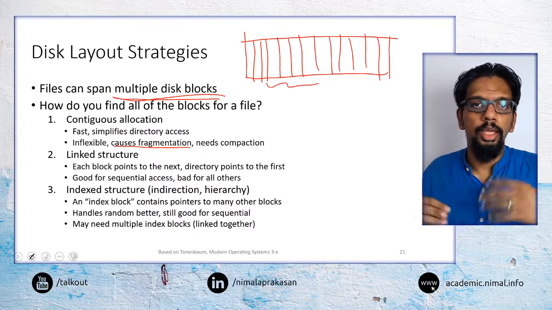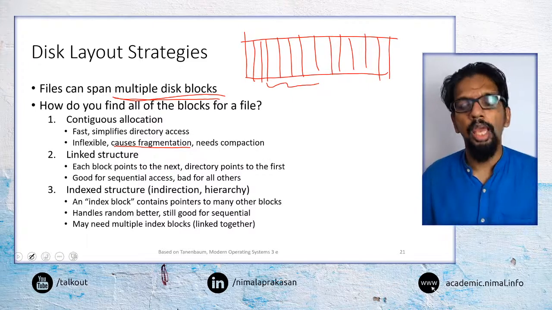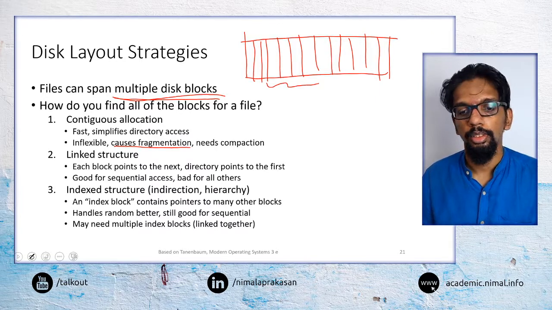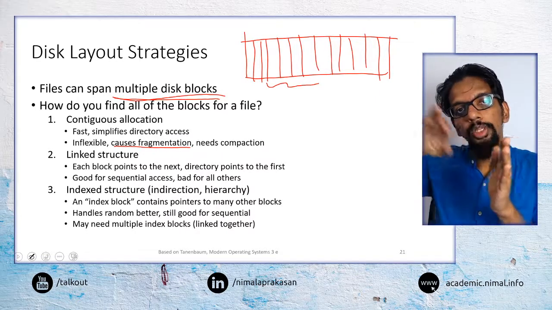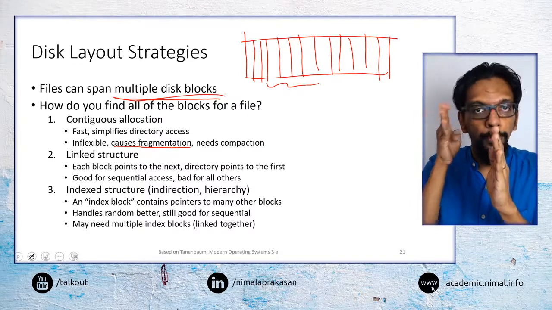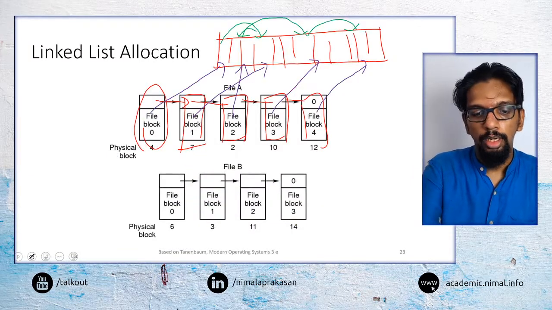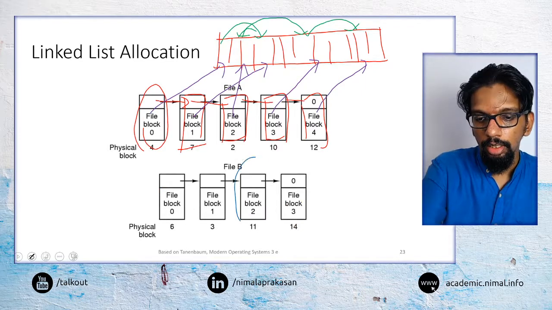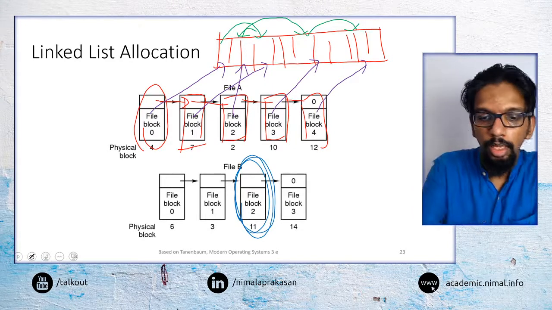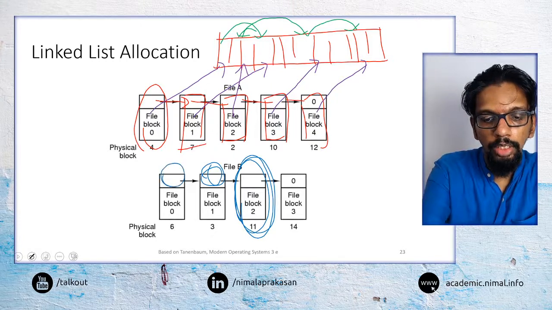So the advantage with this is that the issues that we had with continuous allocation are not here with the linked list structure. So it is good when we want to sequentially read a file from beginning to the end. But the problem is, if we want to read the middle part of the file, it could be a problem because, say for example, if we want to read this part of the file, we may not know where that part of the file is without reading this pointer. To read that pointer, we have to read this block.